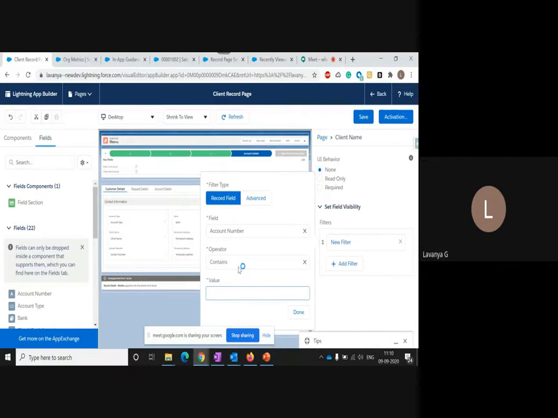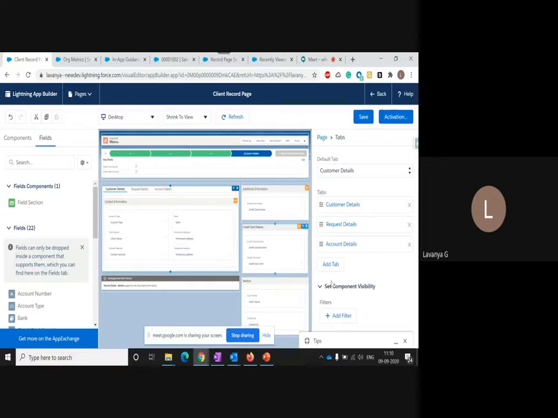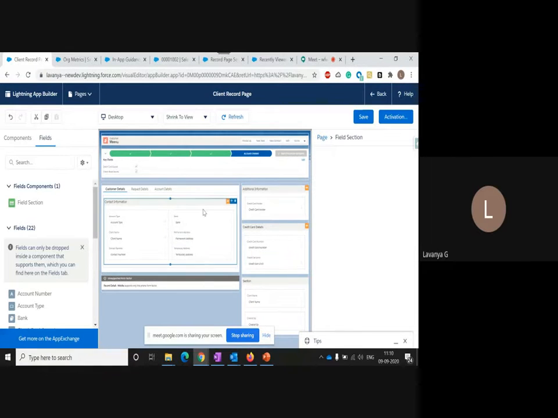So with this condition, I don't want to see the section, or I want to see the section, or I want to see the field, like that. So it is common for everything. Yeah, the same visibility rule applies for all the sections as well.